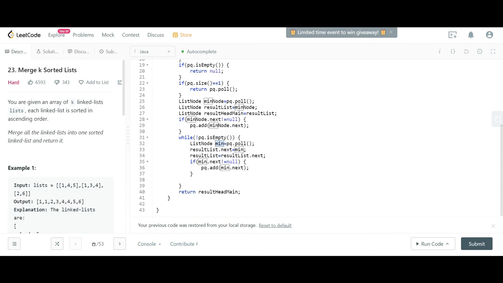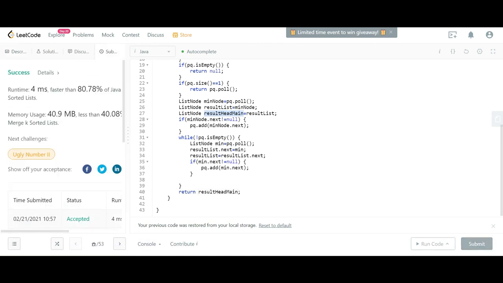And we check if the minimum node which is selected just now has next not null, then again put it in the min heap, and we repeat this procedure. Then everything will be done, and at the end we return the result head main, which we have kept here. Now if you submit this problem, we can see it is accepted.